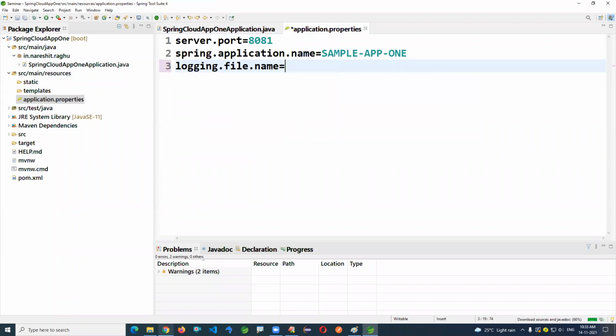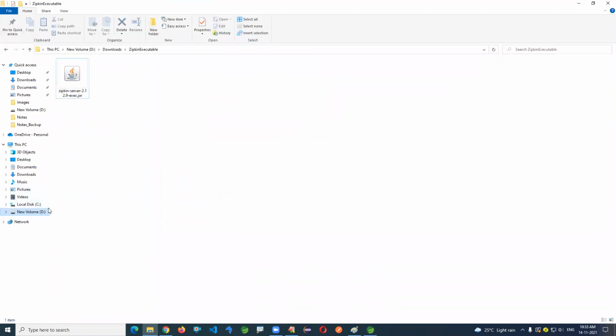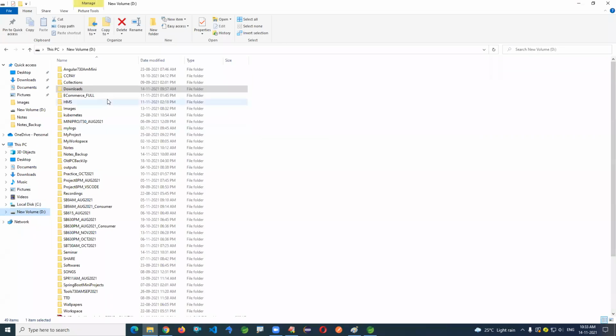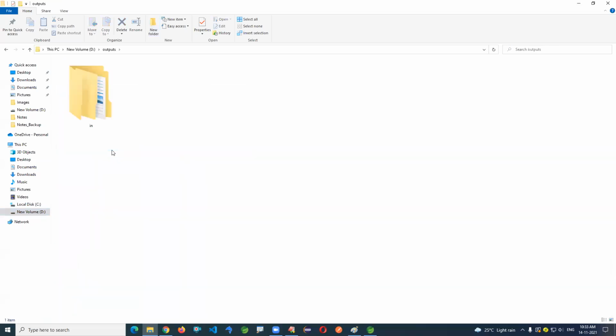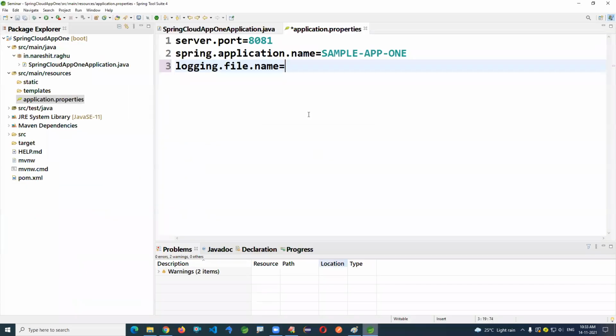I recommend storing it in a project location, or else you can take some external location. Some D drive output location I'm just taking here. app1.log file I'm just creating here. That's fine.